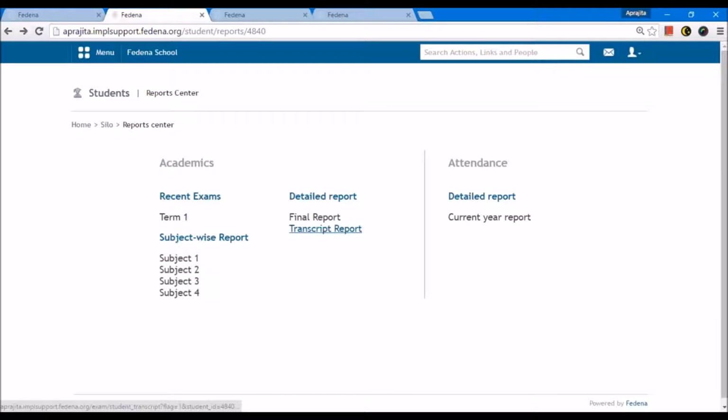And transcript report will be meaningful when the student is transferred from, let's say, grade 4 to grade 5. I want to check all his previous grades data. So that is what transcript report will help me in. It will show me grade 3, grade 4, grade 5. So all the previous batches of the student which the student has been in and along with the current batch. That is the use of transcript report.